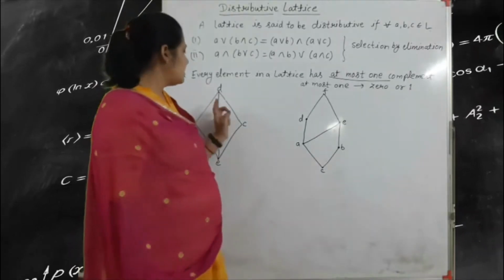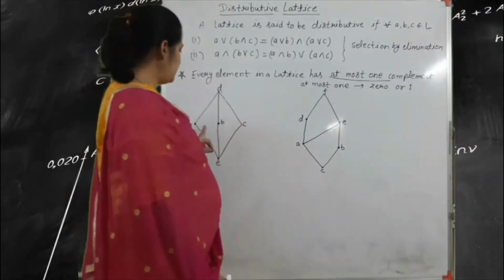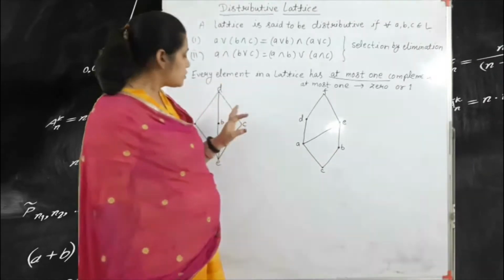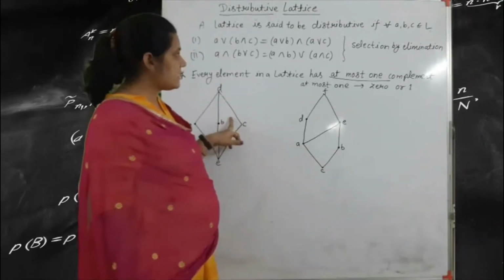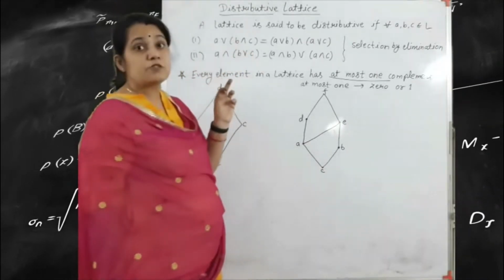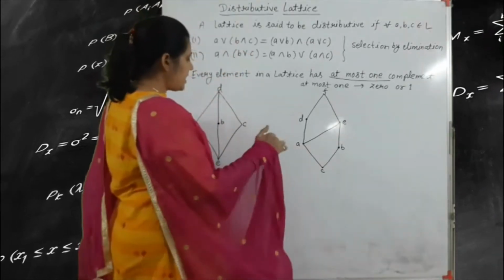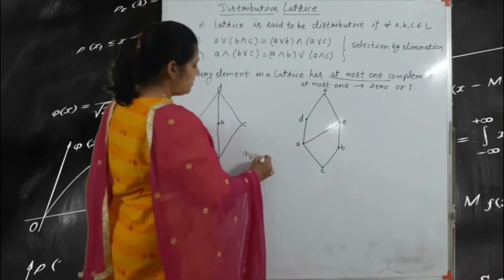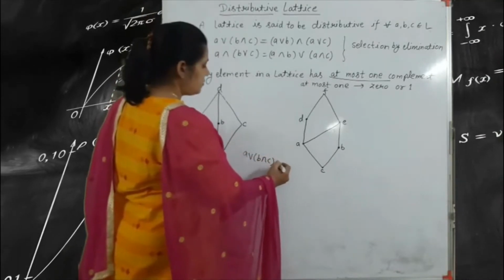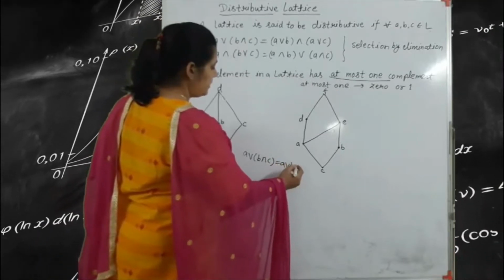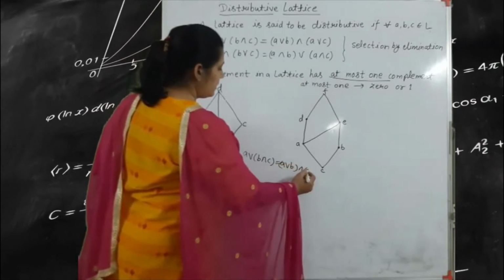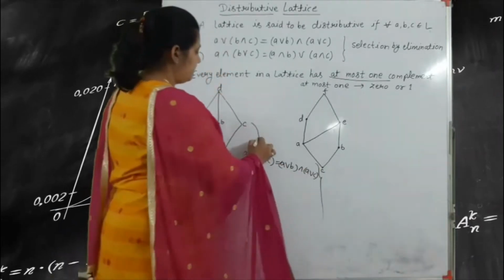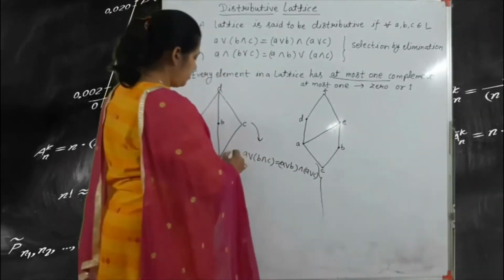Okay, so here this is the example. We have the A, B, C, D, and E. 5 vertices are here. So first we solve this example according to the distributive law. Got it? So first we write here the distributive law. A join B meet C is equal to what? A join B and meet A join C. Okay, this is the example. This is the property of the distributive law.